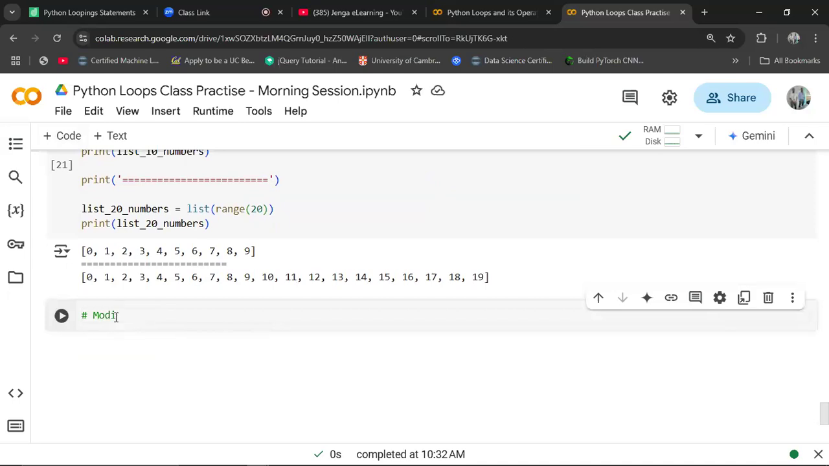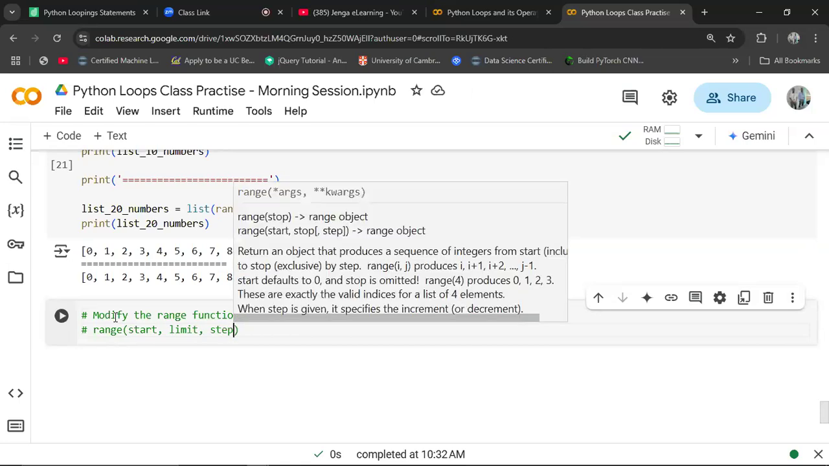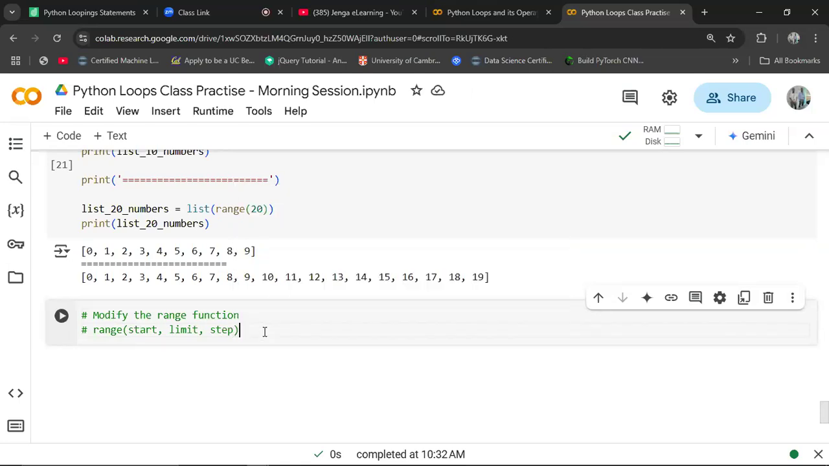When you want to modify the range function, in this order, you're saying that we can also have the range function, then we pass where we want to start, where we want to reach the limit, and here we can actually add the steps that we want to take. So in this example, let's list